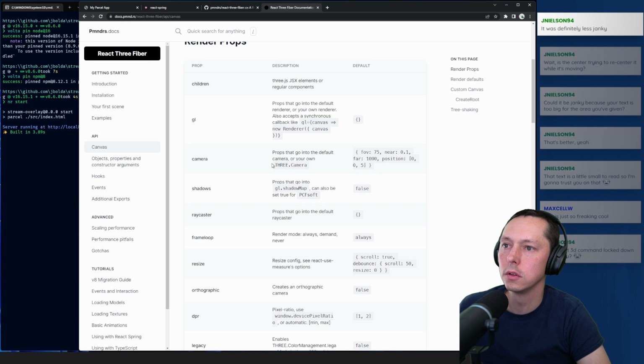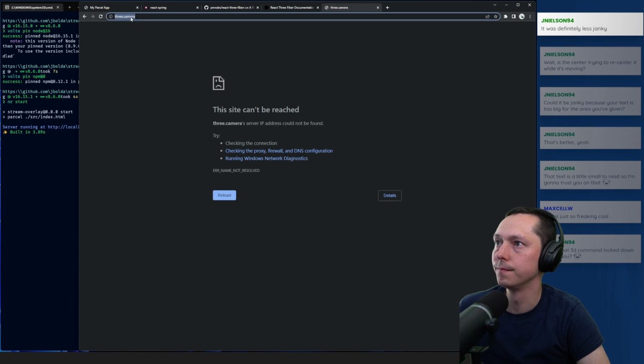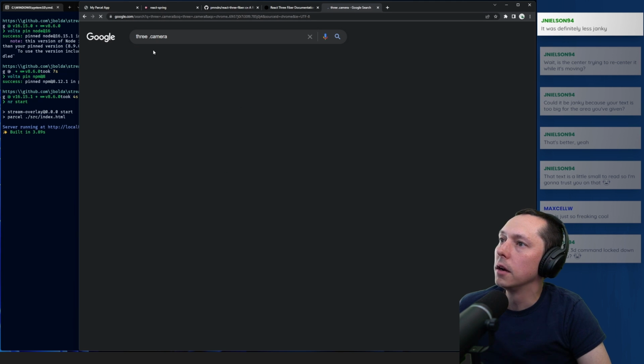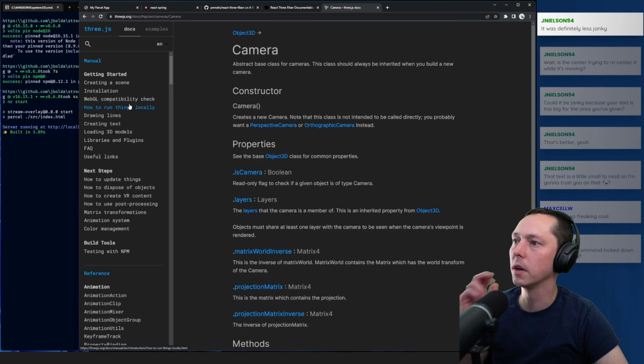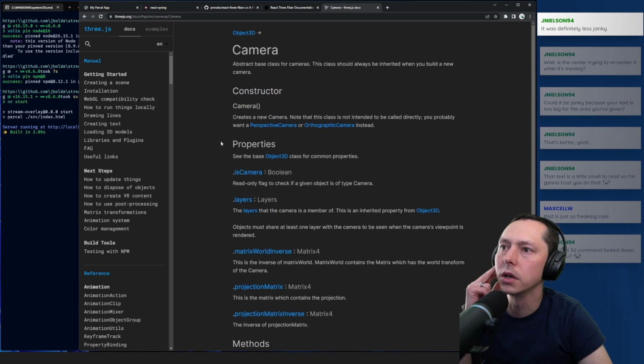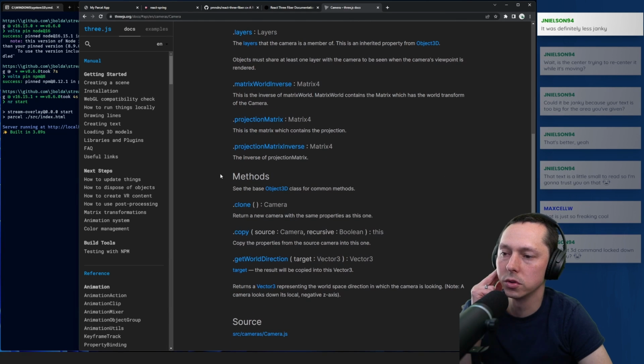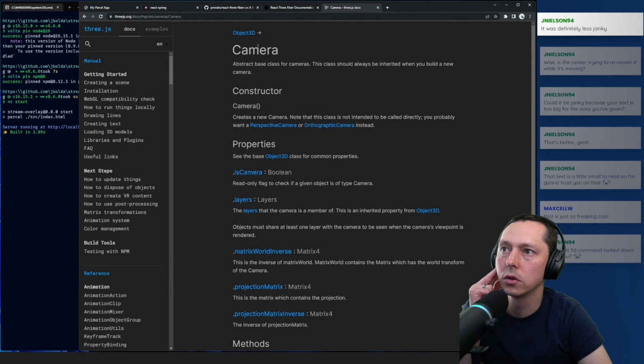Let's look at the Three.js camera real quick, and then we're gonna end the stream. That's not quite what I was trying to search for. Okay. We want to look at the position. Oh, I guess this is the position source. Okay, so there's perspective and there's orthographic. I wonder if they've got actually